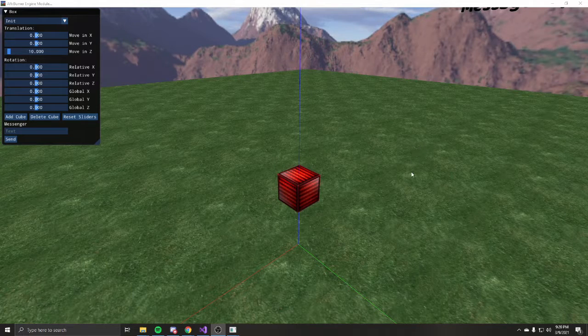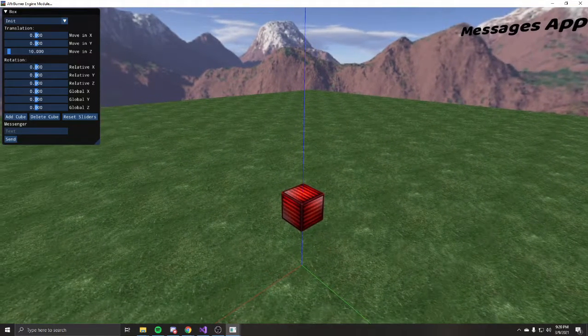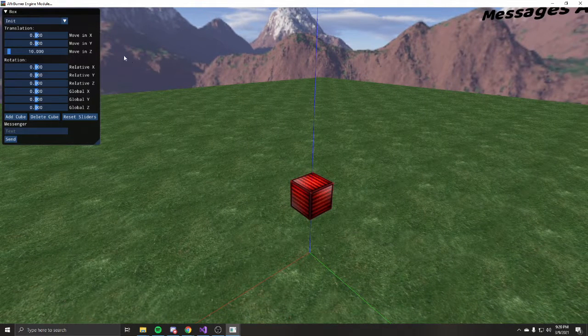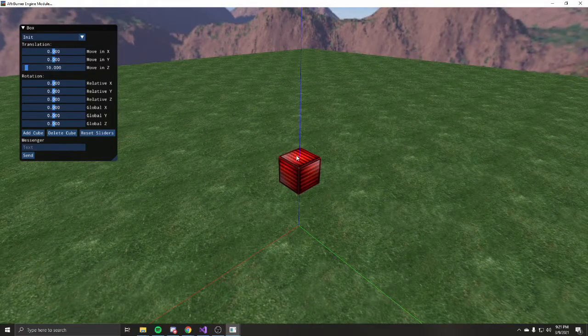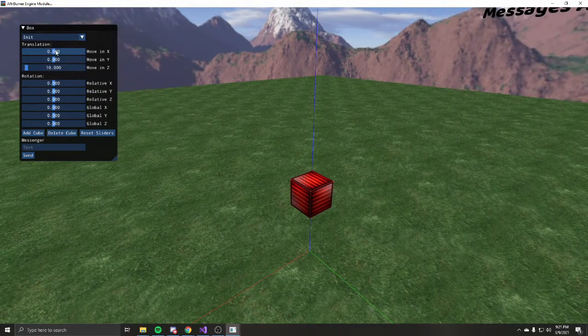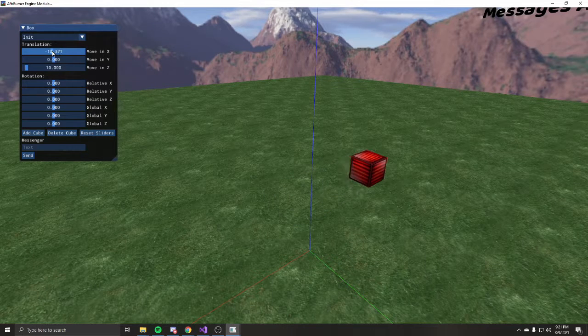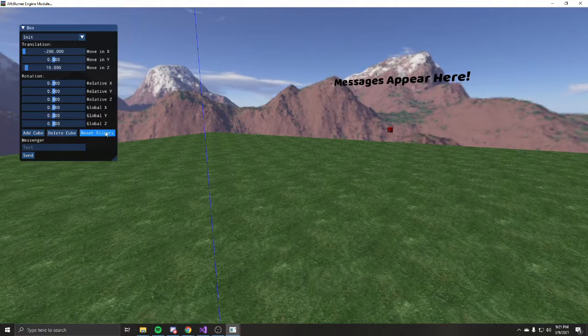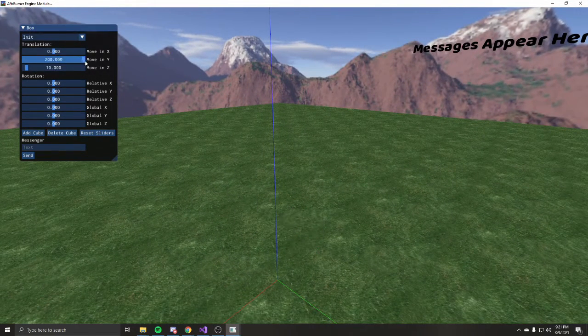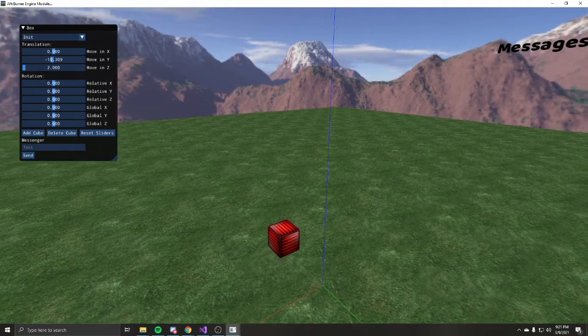All right, so this is going to be my assignment 7 where we worked on GUIs. The GUI you can see here, basically what it does is we have this box here in the center and you can do translations with it with the slider. So we can move it in the X direction. You can move it to a maximum of 200 and a minimum of -200. The Y direction as well, same 200, -200. And the Z, I go to 200 and then to 2 just to prevent it from going through the bottom,